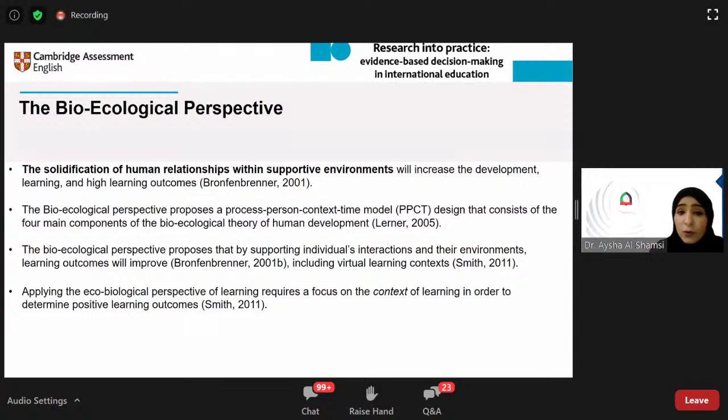Personally, I believe well-designed learning without learning relationships will fail or will not achieve its targeted objective. The most important thing is the active interaction between the individual and the ecology to create successful learning experiences. When I refer to the bioecological perspective, I refer to the process that is considered as bidirectional relationships between individuals,